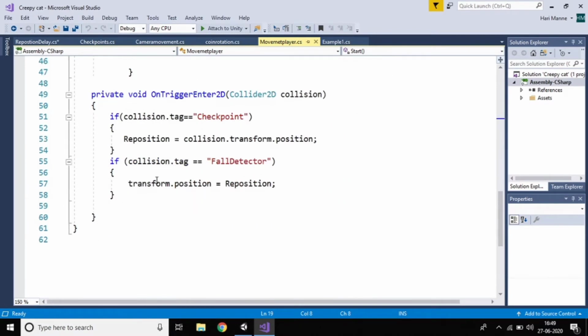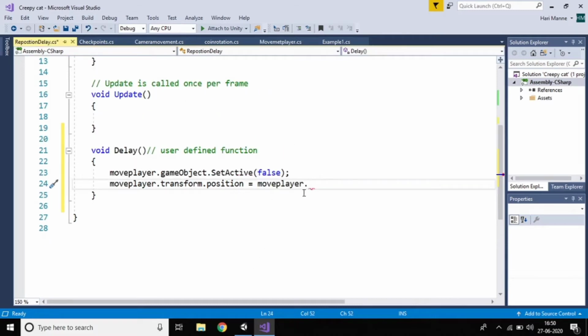Now if the player falls down, that means the fall detector was seen, the player was there. So just remove this. You can use this reposition value from here, just copy this and paste it into this one. So just copy and paste.